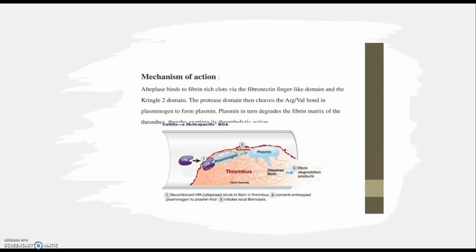So it shows the TPA finding the plasminogen, and then it goes to plasmin. And you can see the thrombus down at the bottom, all these blood vessels clotting together. So then it dissolves the fibrin, and here are the degradation products flowing out of there as